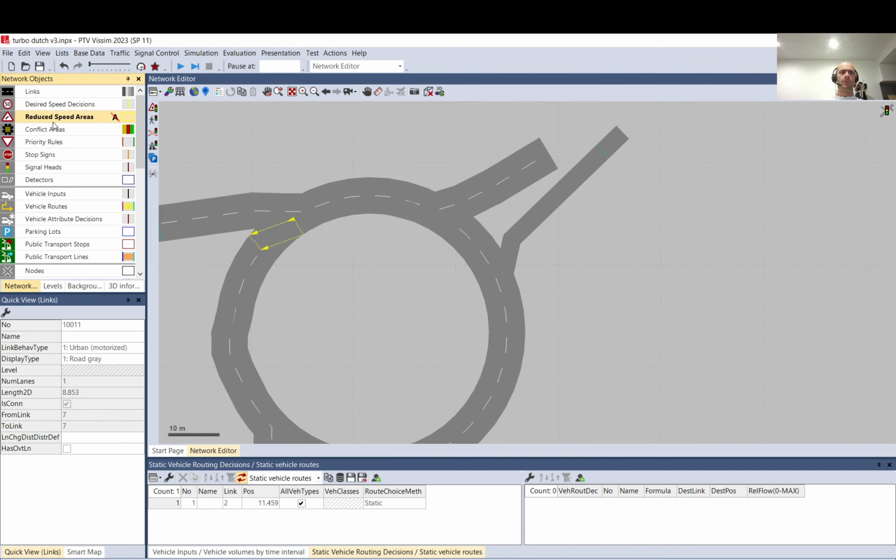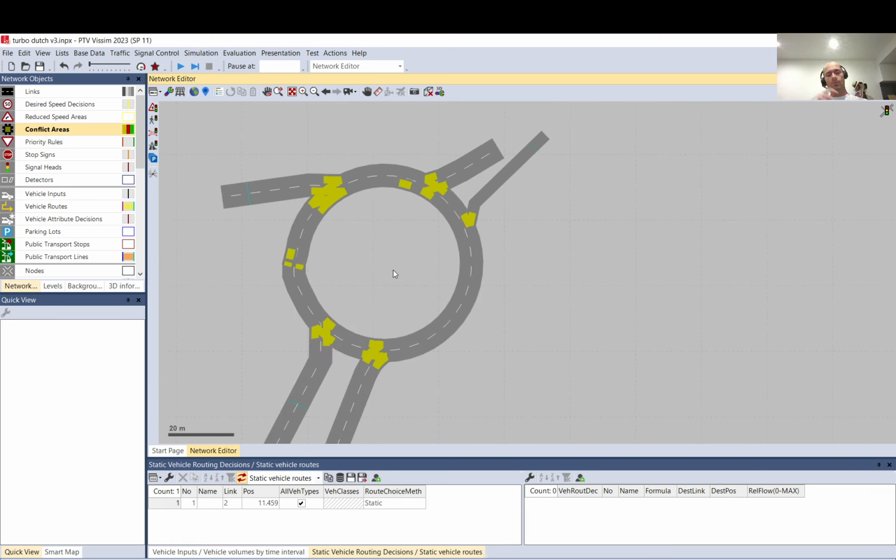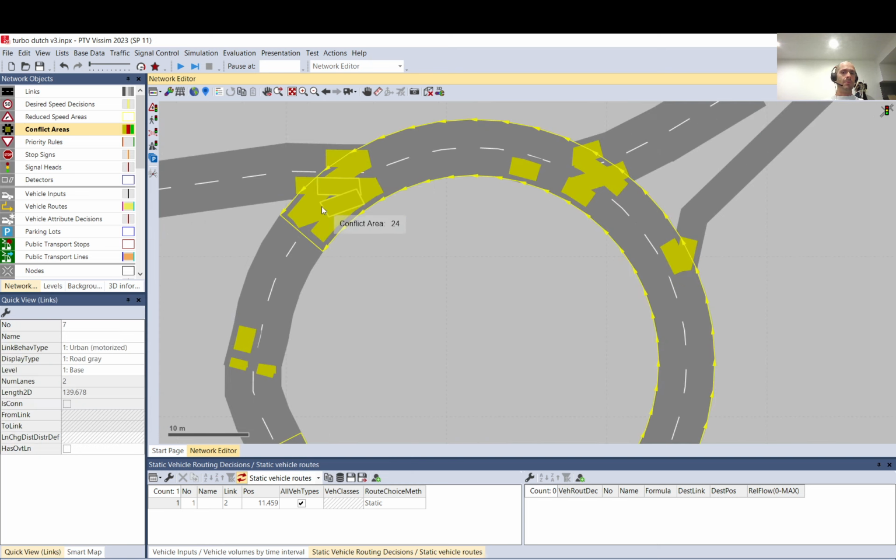So you don't really want to use a lot of priority rules or conflicts for exits. You try to control vehicles with these kinds of features or tips and tricks. And you can combine these, and you want to combine these. And it can also be that, in this case, you set up a 3-lane section where they can actually go like